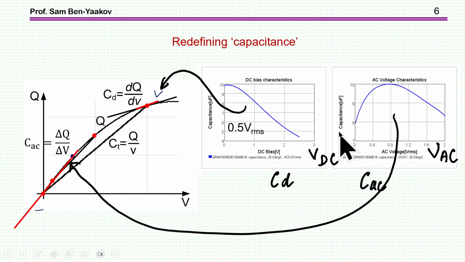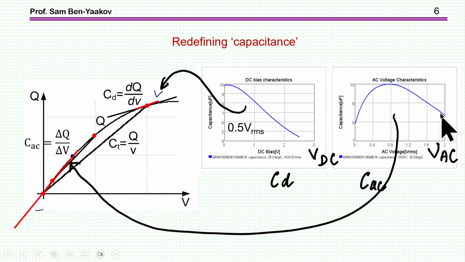So these plots are actually describing 2 different capacitances. It doesn't say here, but it should have. This should be called the differential capacitance, and this should be called the AC capacitance. This is measured by looking at the slope, small signal, 0.5 volt or less, here at any given DC bias. This is the DC bias here. And this one is around 0 with different amplitudes. The amplitude is changing, and therefore the slope is changing, and therefore we get this different curve,